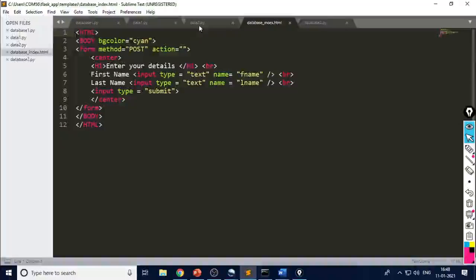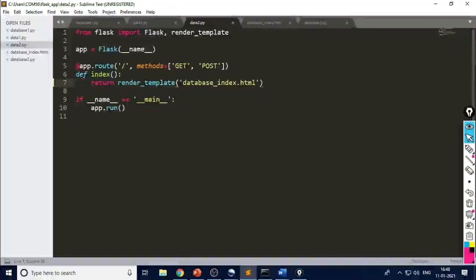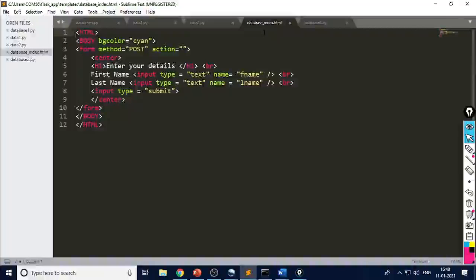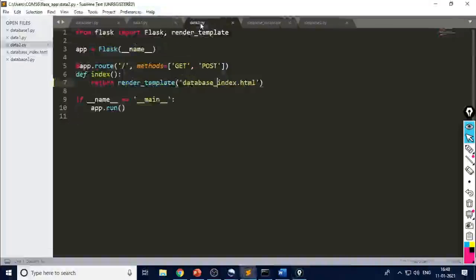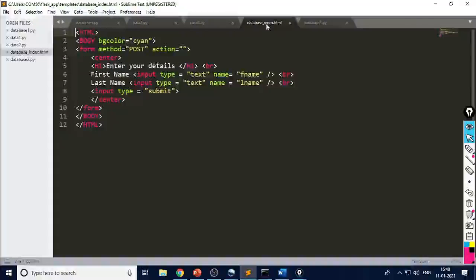Look here, data2.py is the Python script, and we only rendered one HTML script. The HTML script has f name of type text and l name of type text, and then we have to click on the submit button. Only two files are there, data2.py and database index.html.